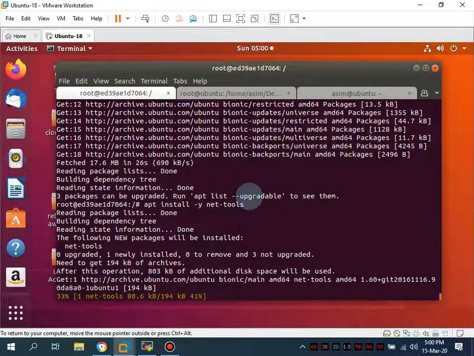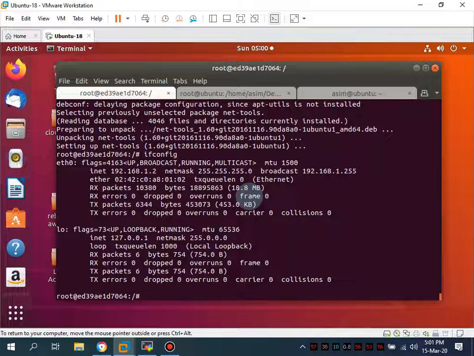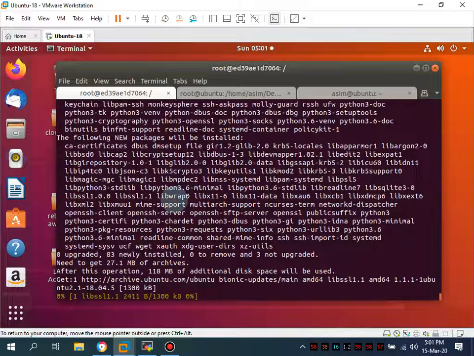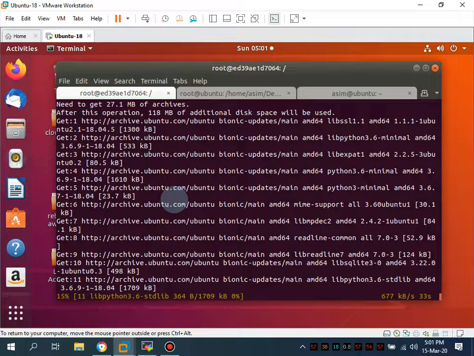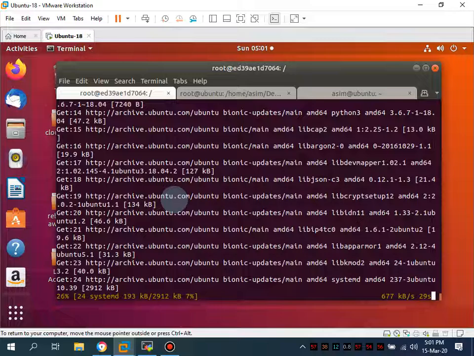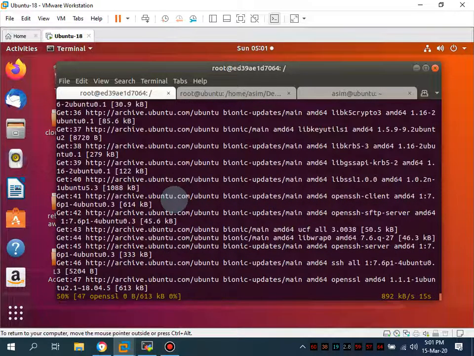Let me show you the IP as well, so you will be able to see the exact IP I'm getting. This is the IP, 192.162. Okay, apt install -y, I'm going to install the SSH service to SSH into this particular machine. So I'm going to add user asim, and also set the password for root as well. So the password is going to be simple. Let it install the SSHD